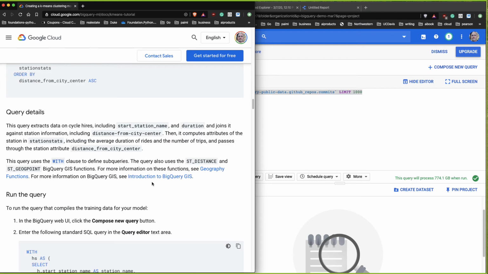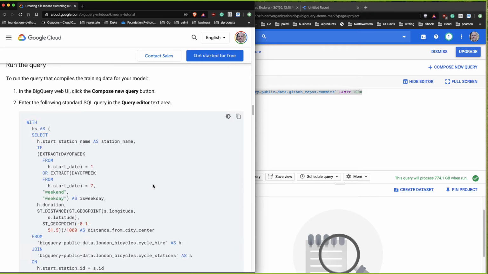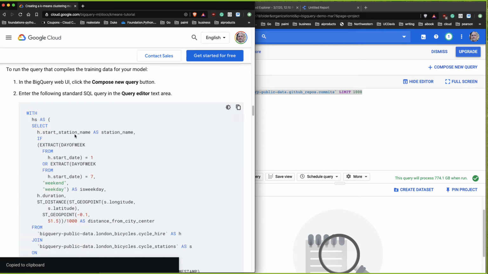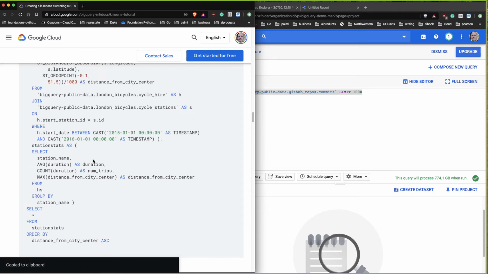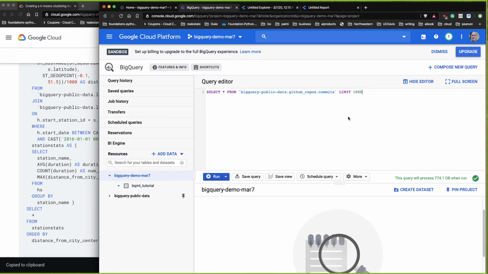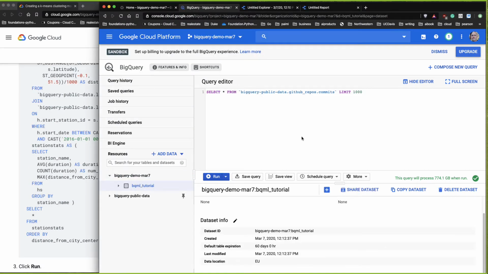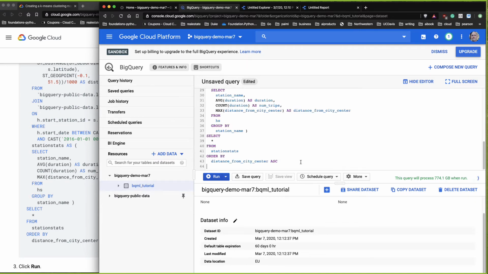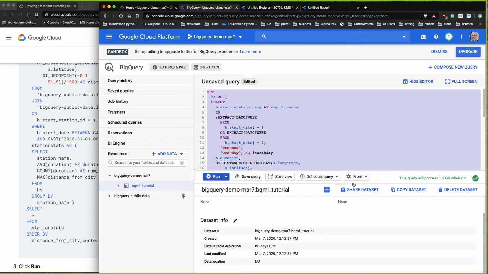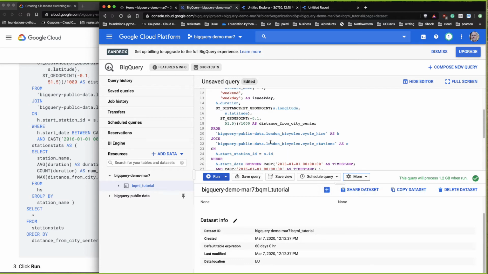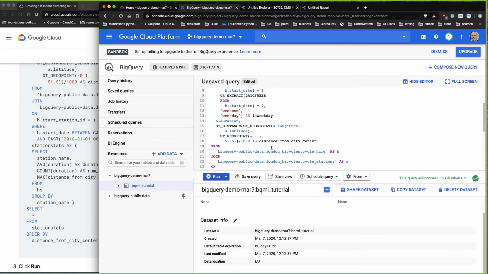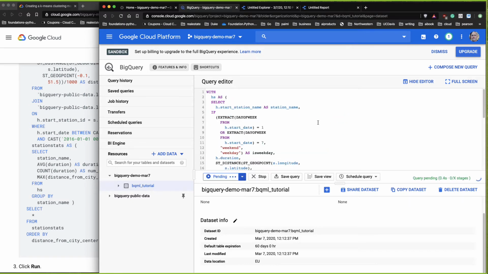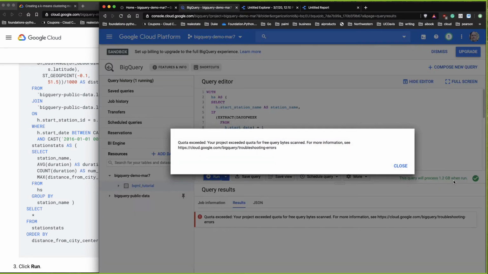So I'm gonna copy this query data. I'm just gonna put copy, and you can see it's a big SQL statement that does a bunch of stuff. So I'm gonna go through here, and I'm going to paste this query in. And I can also, if I want to, I think I can just say format it, and it'll clean it up as well and make my SQL a little bit fancier. So let's go ahead and run this, and you can see how much data it's